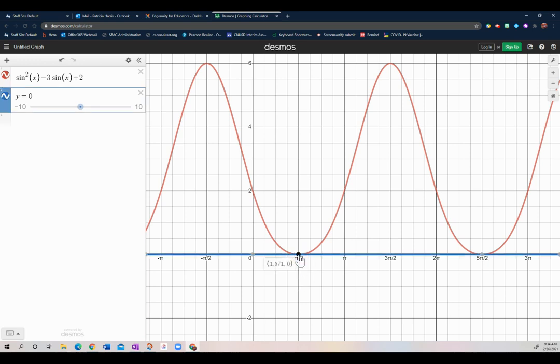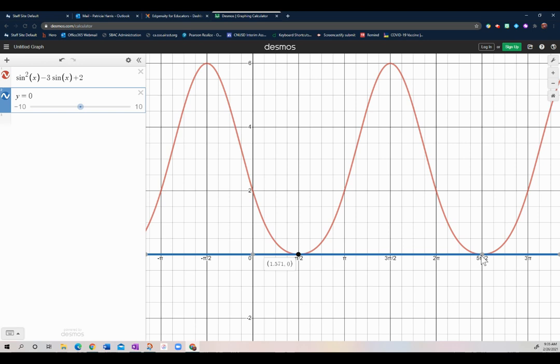So that would be pi over 2 and 5 pi over 2. Now notice that pi over 2 and 5 pi over 2, those are 2 pi apart. So we only need one. We just need pi over 2 plus 2n pi, and that's it. Okay, because if I add 2 pi, I'm going to get that 5 pi over 2. Okay, and that's it. Okay, so let's go ahead and do the last